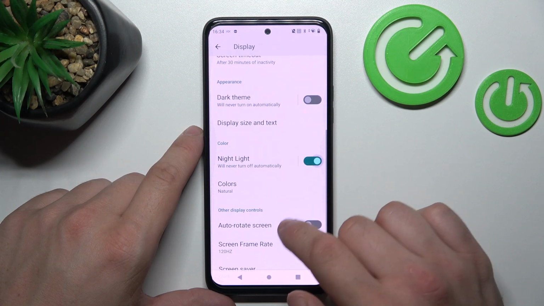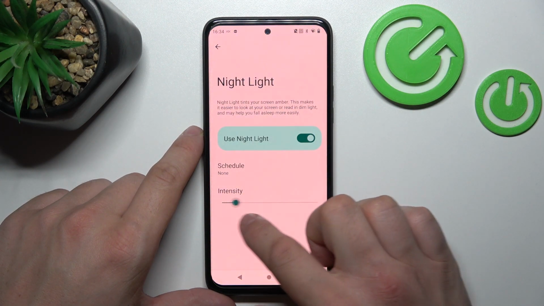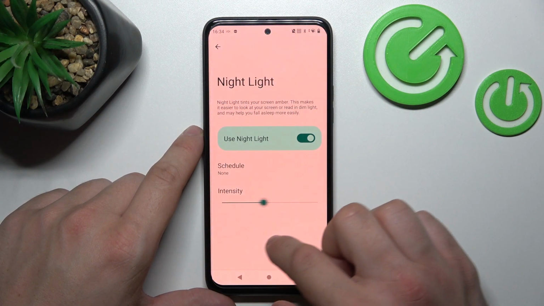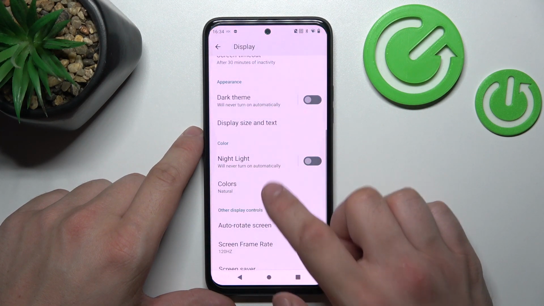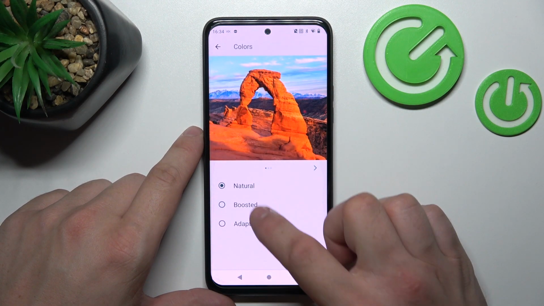Next, we can enable or disable night light and schedule it and adjust its intensity. Then we can change colors mode of the display,